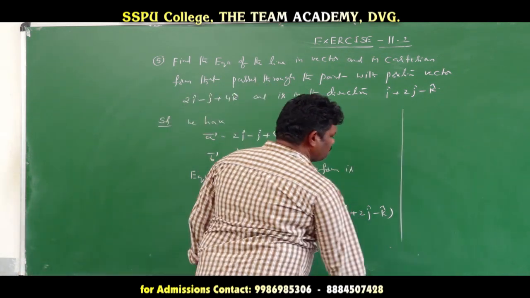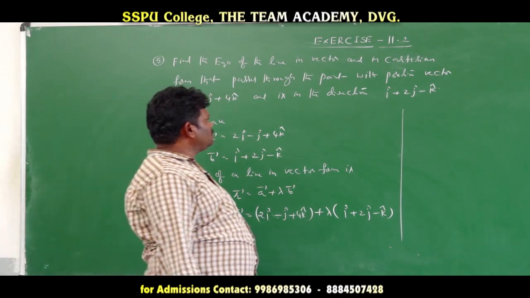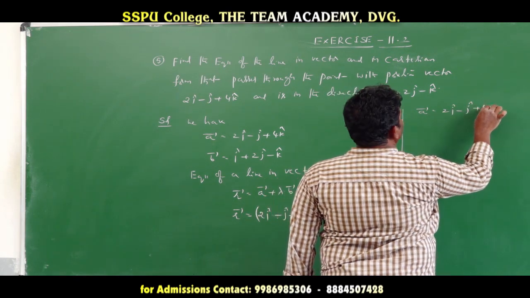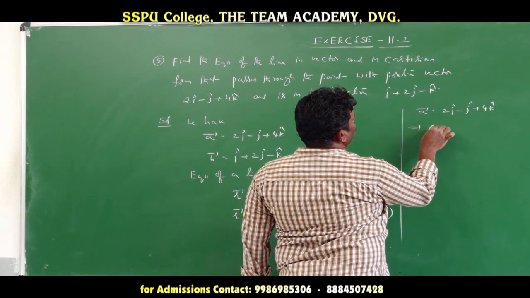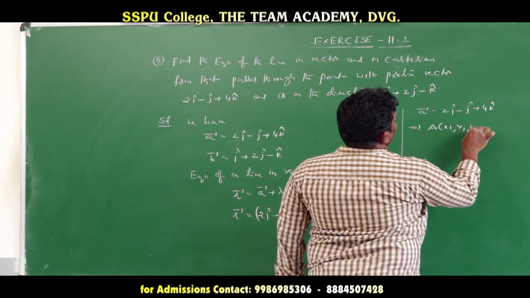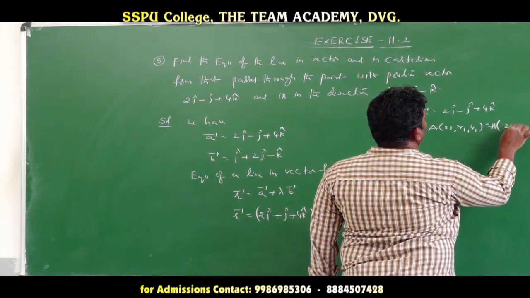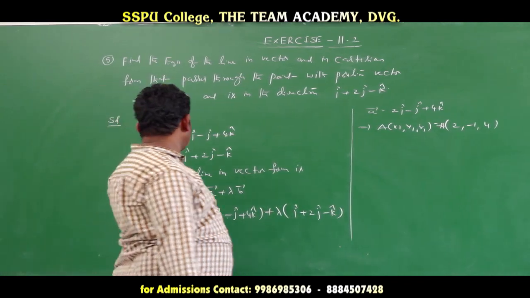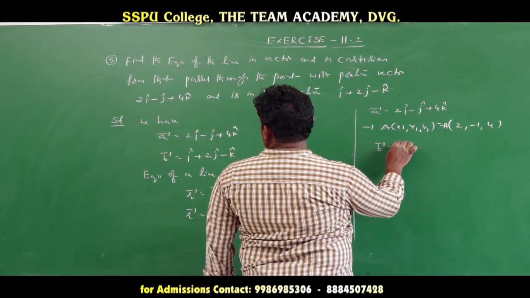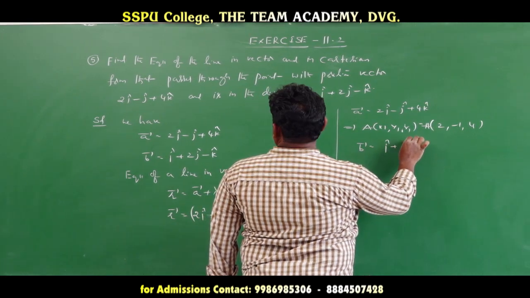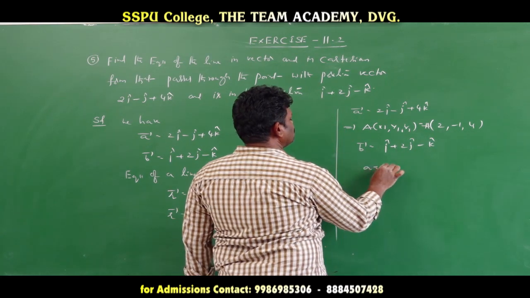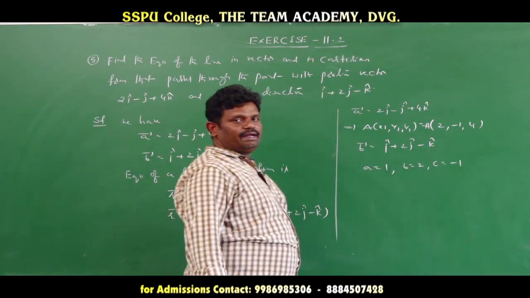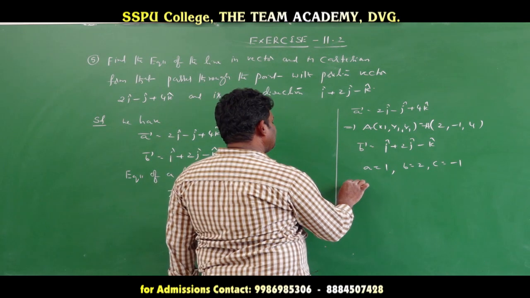Now another one we require here is the Cartesian form. The position vector given here is 2i cap minus j cap plus 4k cap. From this vector, the point (x1, y1, z1) is A(2, -1, 4). And the b vector given here is b bar is equal to i cap plus 2j cap minus k cap. From that vector the direction ratios are a is equal to 1, b is equal to 2, c is equal to minus 1. So we know the equation of a line